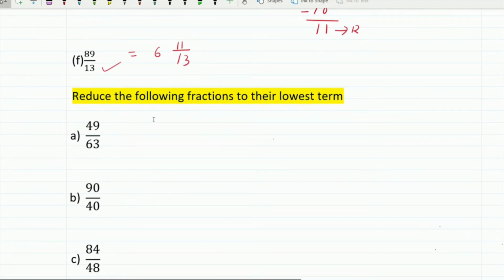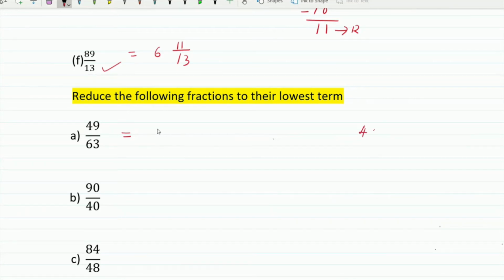Now we can reduce the following fractions to their lowest form. So how do we reduce the following fractions to lowest form? Here we have to apply the factors and multiples lesson concept. We studied how to write a number as a product of its factors. For reducing to the lowest form, the easiest method is the cancellation method, but better than that, you have to follow the factorization method. That is easy and you will not make mistakes in that method.